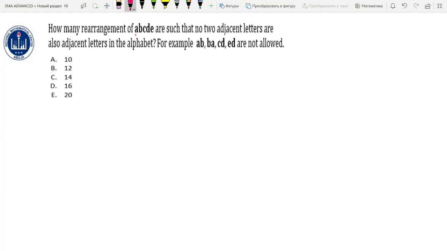The next case will be when B starts, and so on and so forth. So let me just write down case 1, when A is the first letter, then case 2, when B is first, case 3,